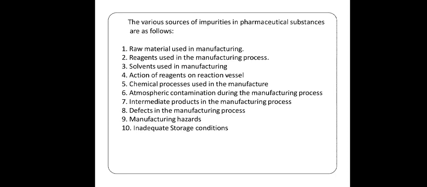Then eighth is defects in manufacturing process. So in many manufacturing processes, there are defects just like imperfect mixing or not getting the proper temperature. Means the reaction condition, like we have to give a temperature of 120 degrees Celsius in a synthesis of XYZ. So if we provide 60 degrees Celsius or 150 degrees Celsius in place of that 120 degrees Celsius,